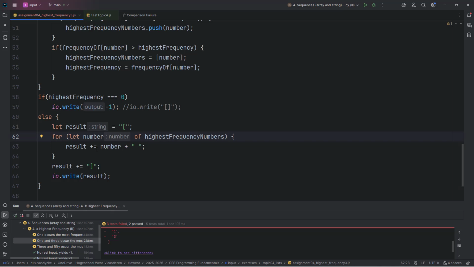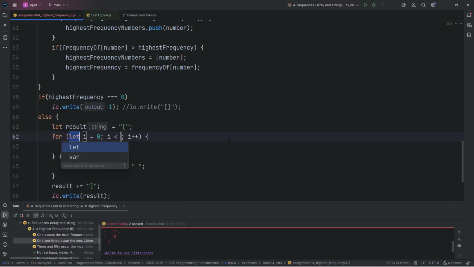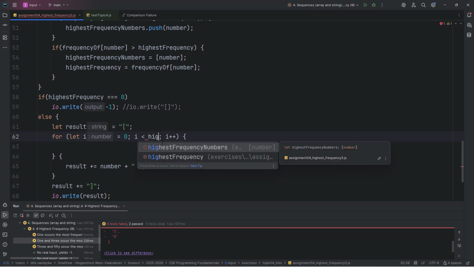I can do this in every case except the last one, where I can't have this one. So let's turn it into a regular for, shall we? There we go. For all indices inside highest frequency numbers,